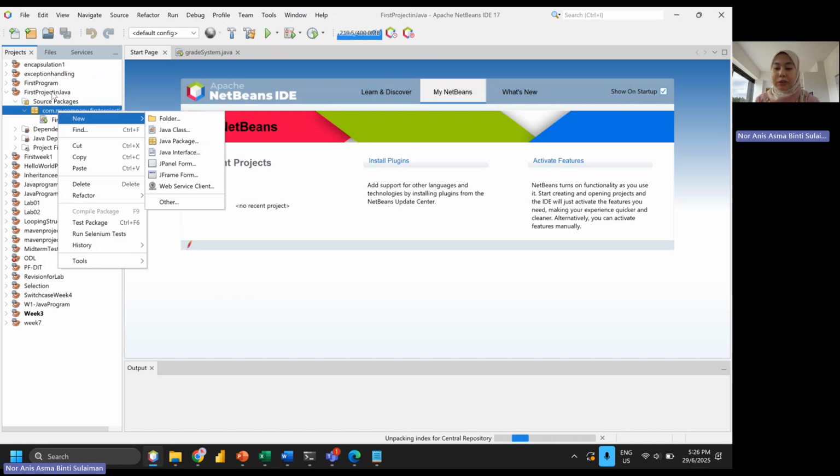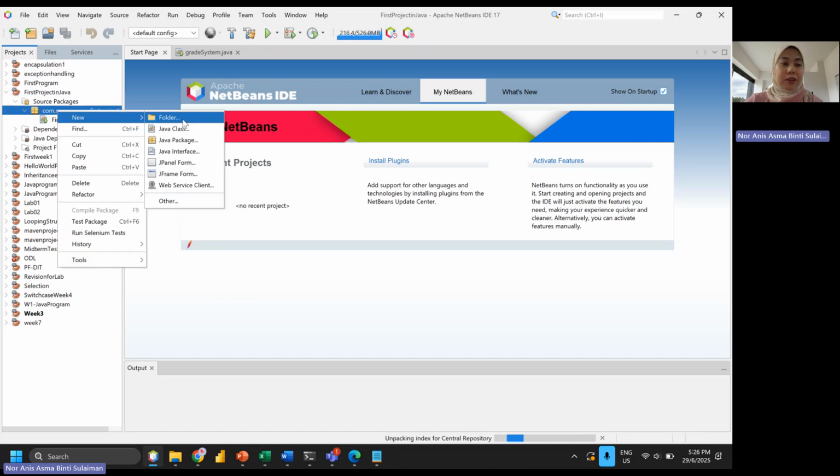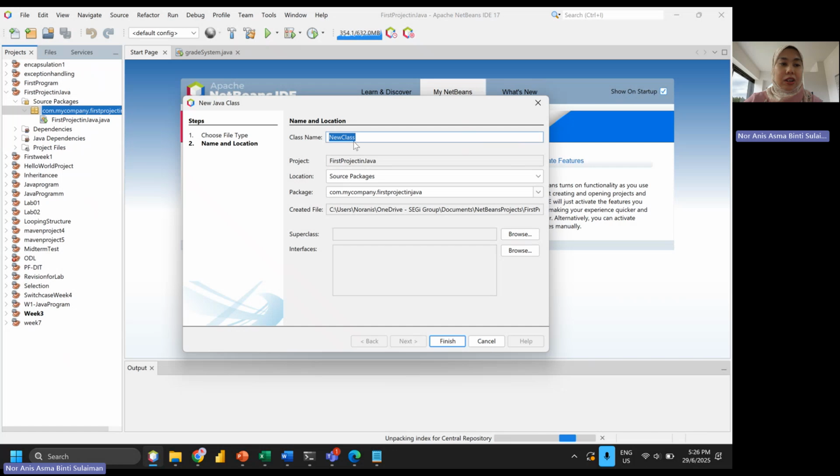So I repeat again: you click the project name, which I just named first project in Java, go to that project folder, and you will have a subfolder, which is the source package. Next, right click, New, and Java Class. Java class is case sensitive, and the file name will follow your class name.